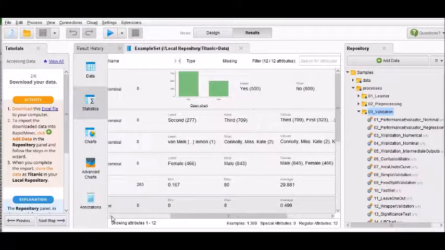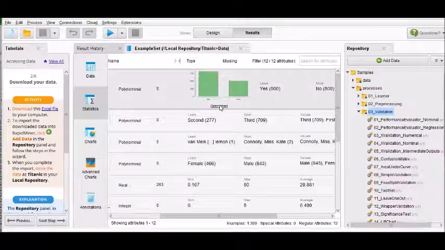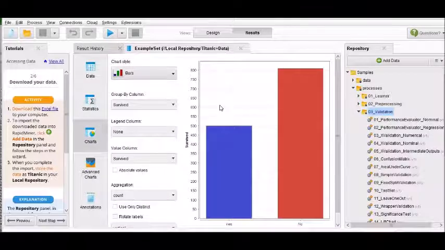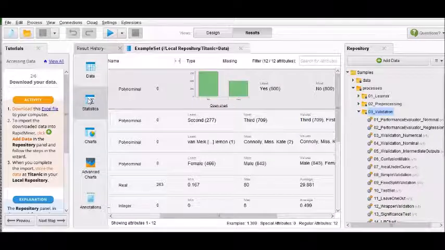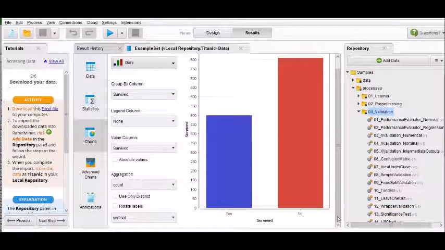So this is not the only thing. Let me show you one more thing. You have got showing attributes, examples, special attributes and regular attributes at the bottom. Now if you click on one of the variables, the first one, here you can see it gives you the information in terms of the statistics. Now here they have just mentioned in case you want the details about it. Now you see, that's the fun of data mining.